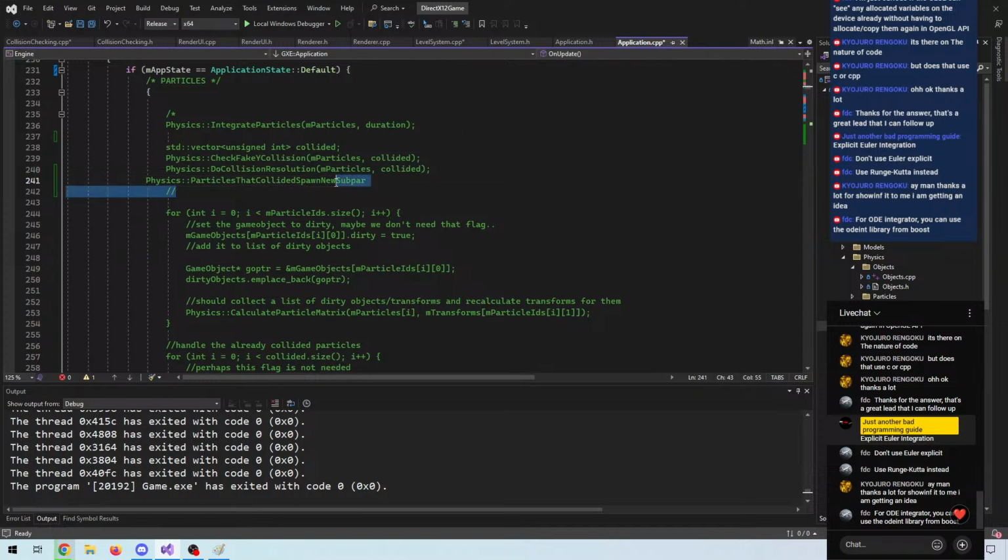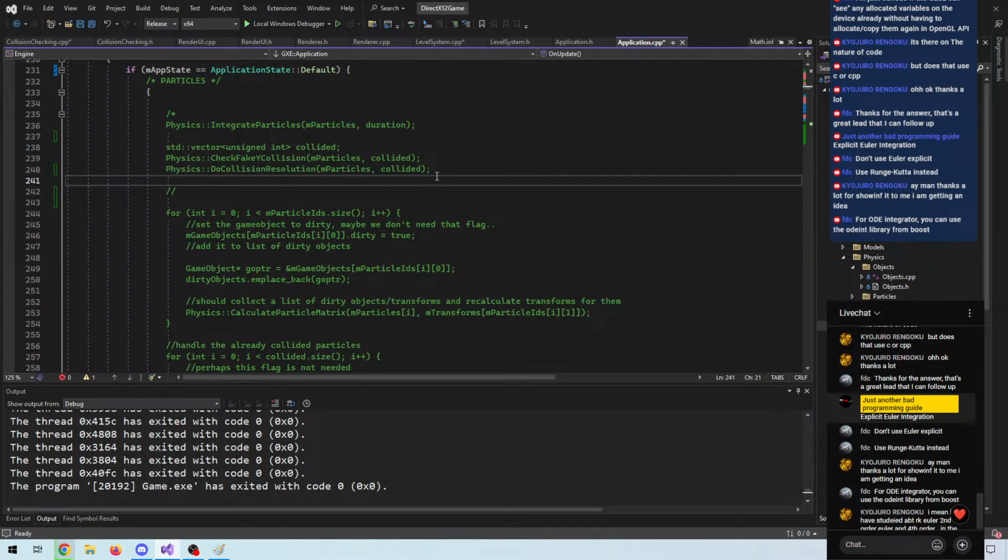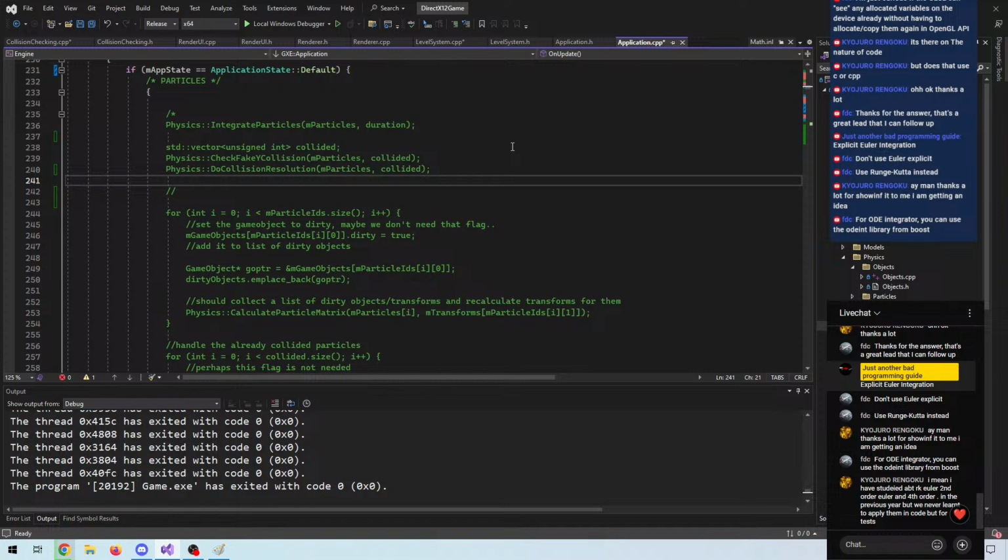You could do different steps, but in general, you want to integrate, check for collisions, and do collision resolution. And you simply set it so that on click your application spawns maybe one particle per